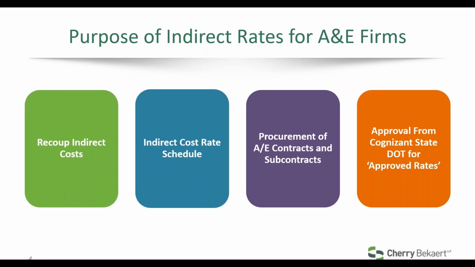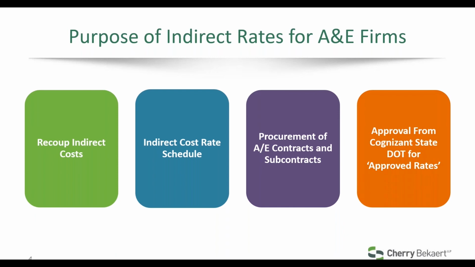So what really is the purpose of an indirect rate for an A&E firm? First and foremost, it's to recoup indirect costs. Just to make sure we're all on the same page, and for those of you who may be newer to the industry, indirect costs are those that cannot easily be allocated discretely to a single project or across projects. An indirect rate describes the mathematical ratio and its logical relation of indirect costs, basically the numerator, divided by the quote-unquote base, or the denominator. In this manner, one or more pools of indirect costs can be allocated in a mathematical way to all contracts and projects. The framework for all of these allocation methods and for indirect rates can be found in FAR